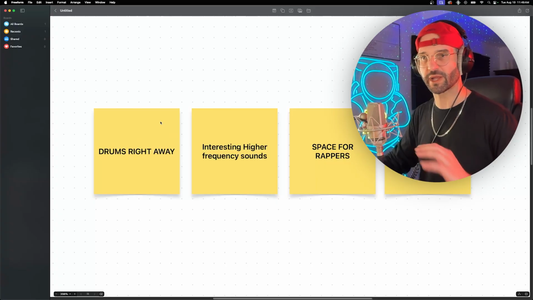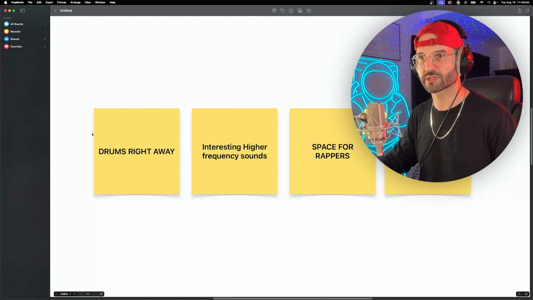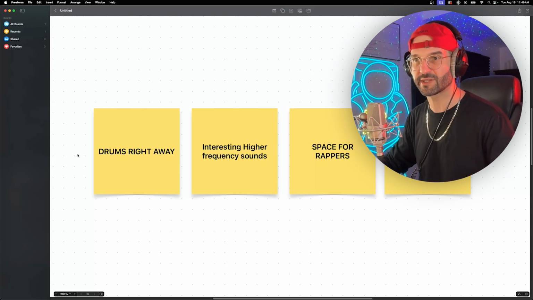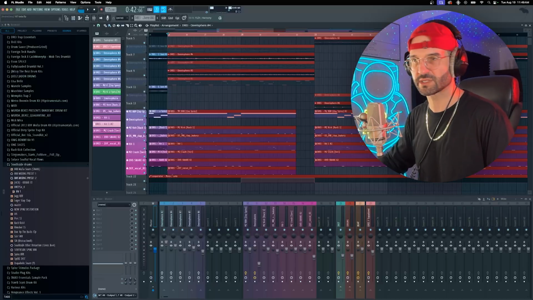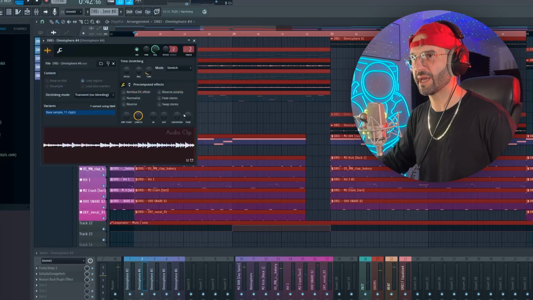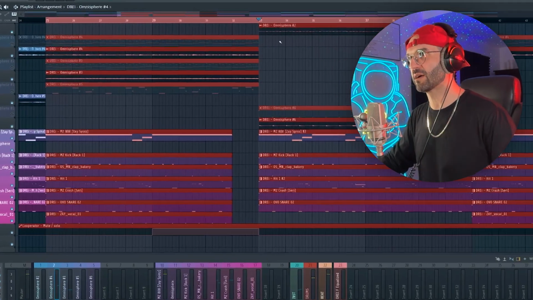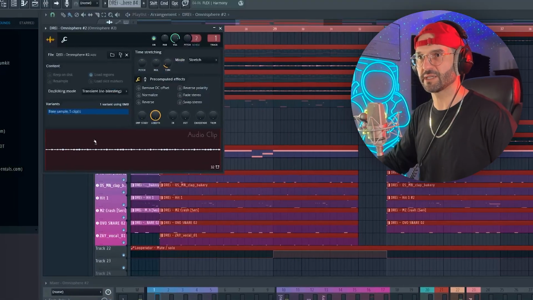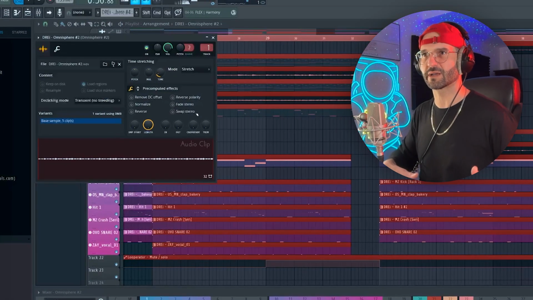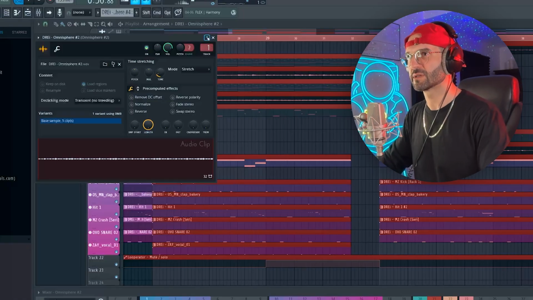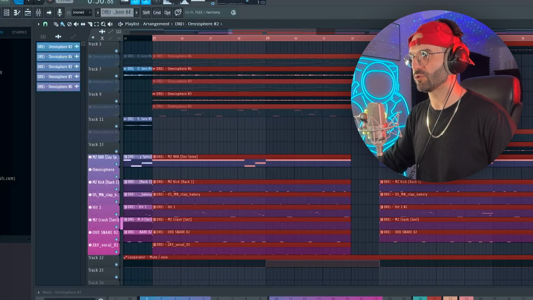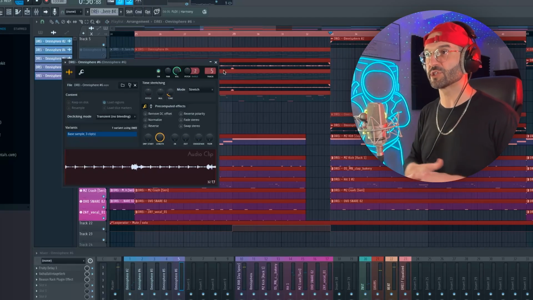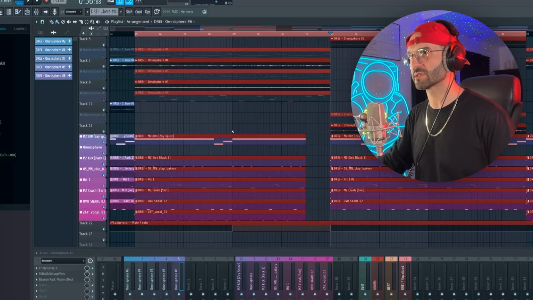First of all, the drums right away. This is what works on TikTok. All my viral videos, pretty much 99% of them, have the drums hitting right away. Interesting higher frequency sounds. Synths playing, you have the piano, but the really interesting sounds are right here. When the beat drops, you have the same melody playing with a kind of stringed piano sound from Omnisphere. And then you also have this flute right here that really brings the energy up as well. Personally, I think that's the reason this beat blew up.